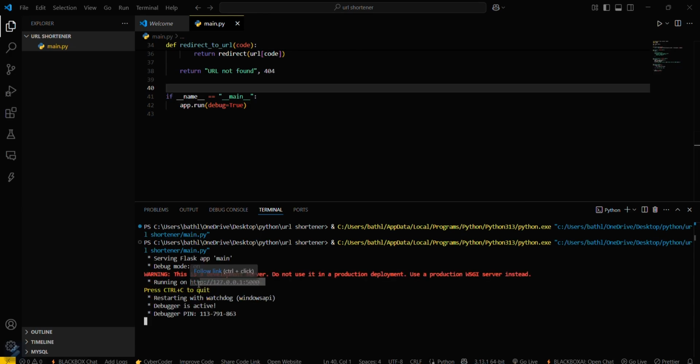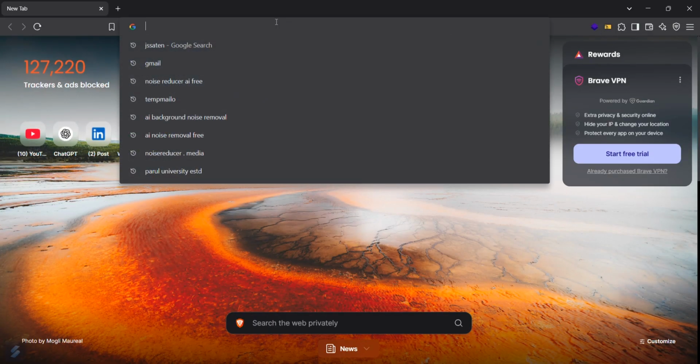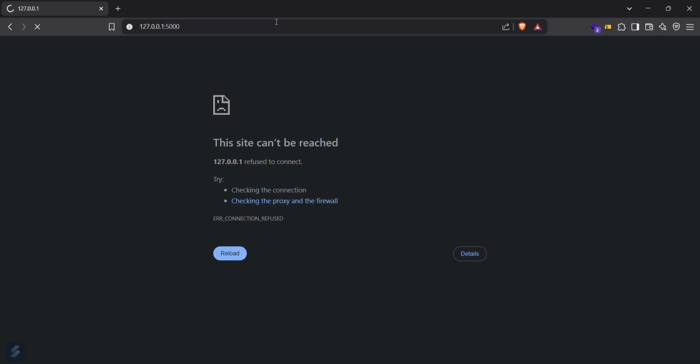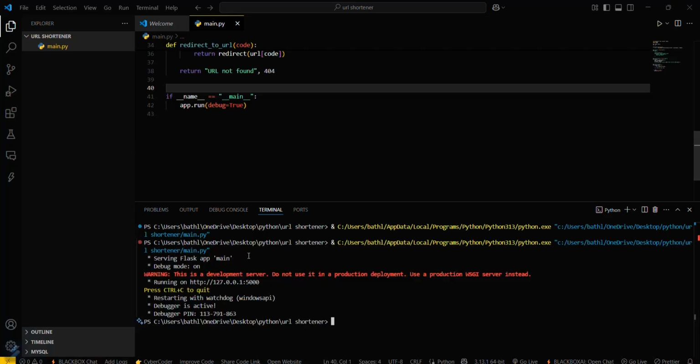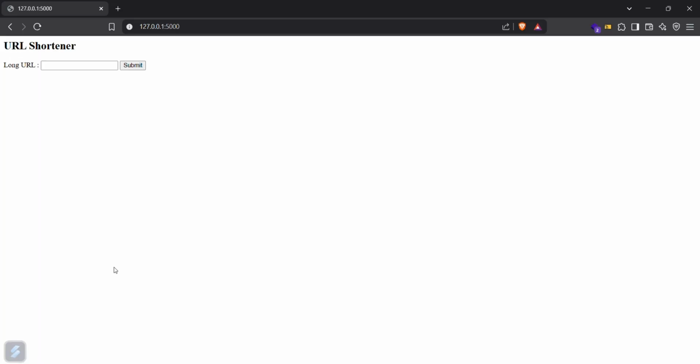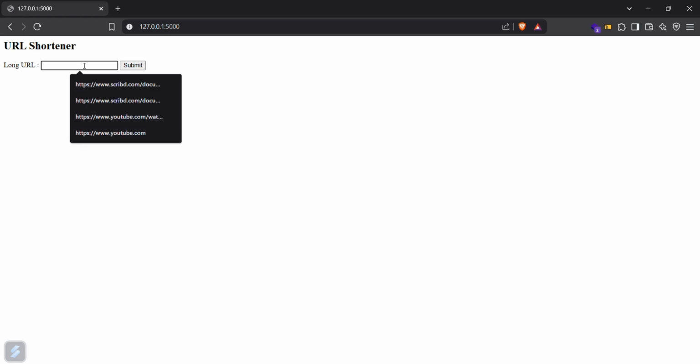You have to copy this address, and then what you have to do is you have to open your required browser. I will be using Brave. You can just paste it here. Let me check what's the error. Okay, sorry guys. Actually, I've closed my terminal. Close my program. Okay, now I go here again. You can see this. You have to type the long URL here. I will be using